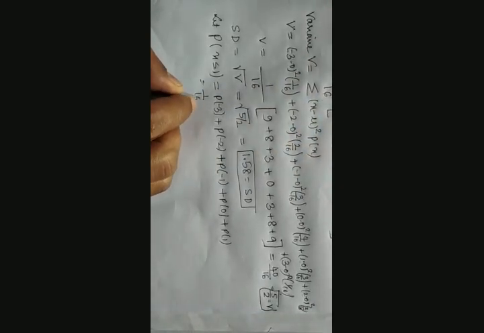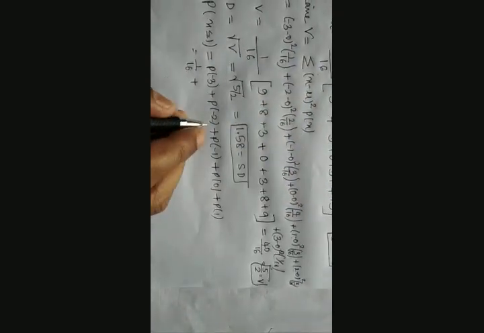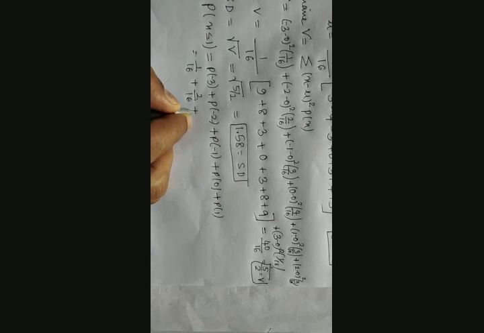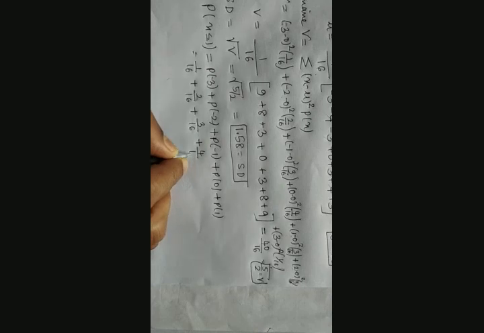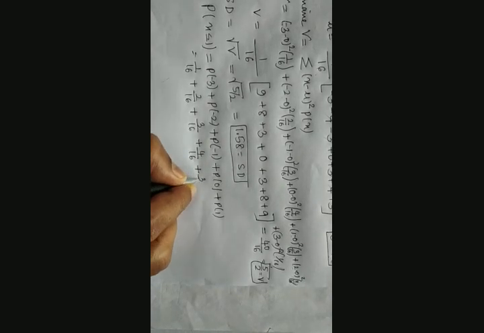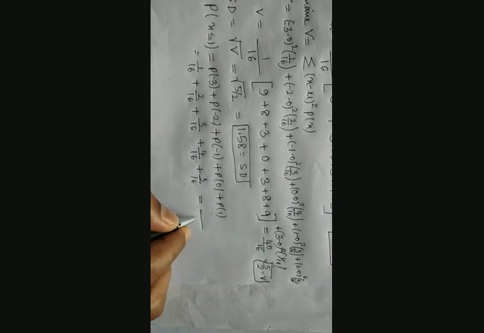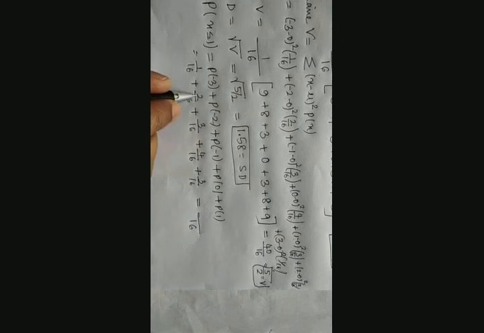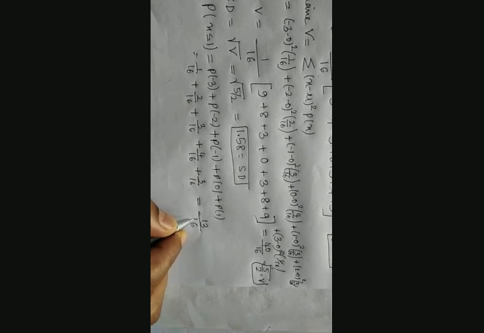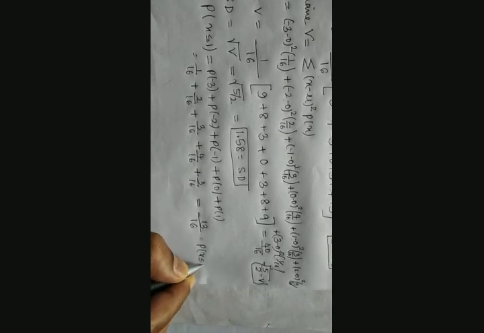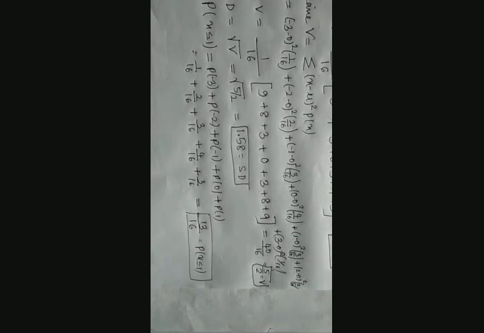So this is equal to, what is probability of minus 3? It is already there, 1 by 16, plus probability of minus 2, 2 by 16, probability of minus 1, 3 by 16, probability of 0, 4 by 16, probability of 1, 3 by 16. So this is equal to, again, 16 in the denominator. Then 1 plus 2, 3 plus 3, 6 plus 4, 10 plus 3, 13. So this is the value of probability of x less than or equal to 1.